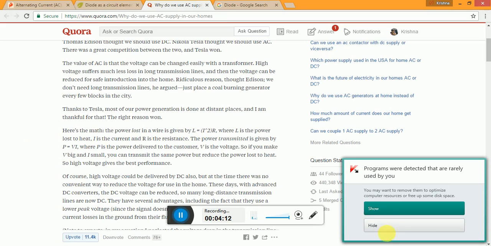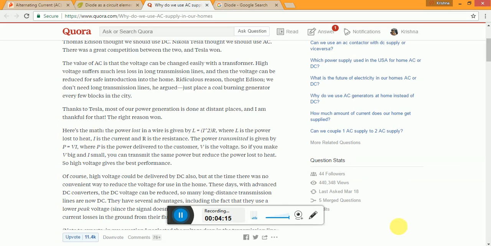So the idea is to increase voltage as much as possible in this equation so that the current is reduced a lot. If the current is reduced, here it's a square term, right? The power dissipated is much less. So for very high voltages, it is possible to have very low current, and the power that is dissipated and the heat and all the energy that is lost is much, much less,